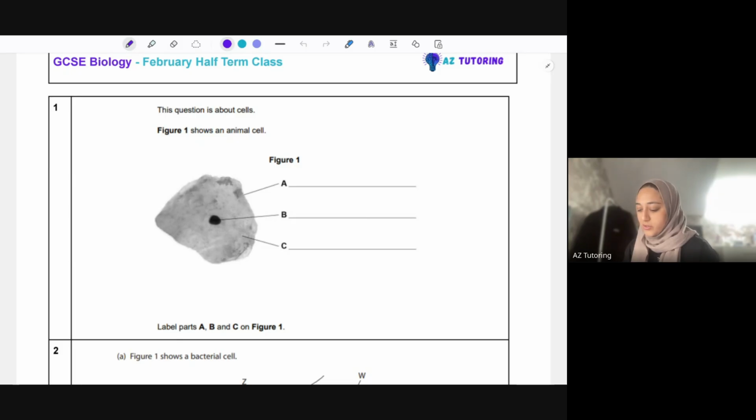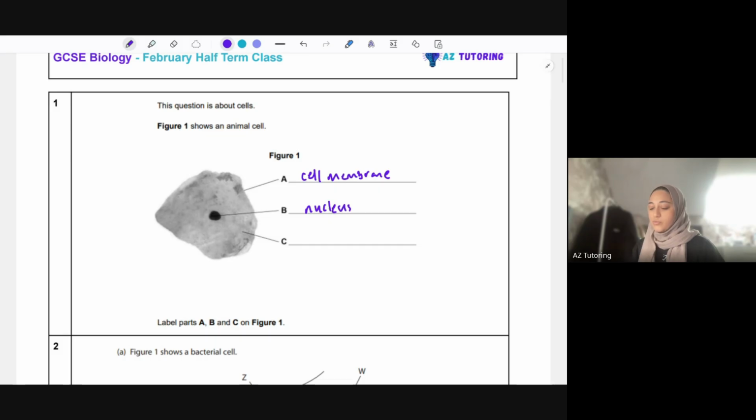So this question's about cells. Figure 1 shows an animal cell. Label parts A, B, and C on the figure. So B, you should recognize that as a nucleus. You've got A and B. So A is pointing to the membrane that's around, so that's just a cell membrane that controls what goes in and out of the cell. The nucleus tells that cell what its job is. So the brain of the cell. Okay, and then part C is pointing to the middle, so that's just